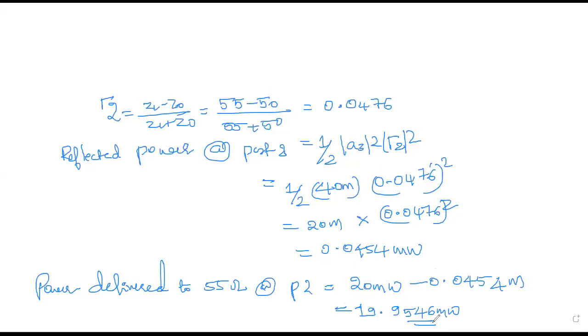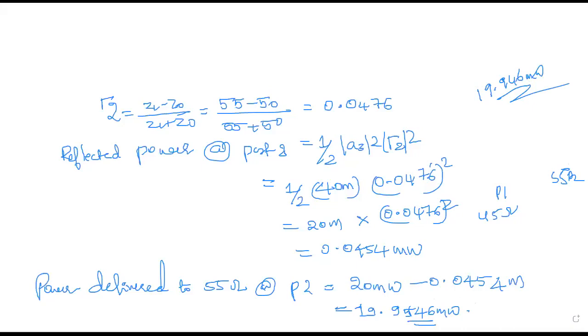See, because of the ohm difference, that is, you are giving 45 ohm to port 1 and 55 ohm to port 2, there is a slight difference. The one which you got for port 2 is 19.954, but the one you got for port 1 was 19.9446 milliwatt. Is that clear? Yes, ma'am. Write down one question of the same type, you can solve it and come.